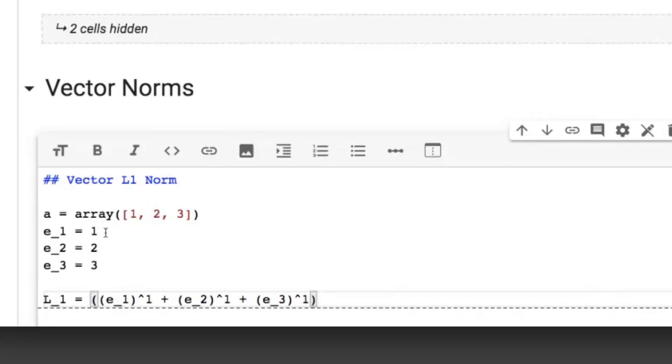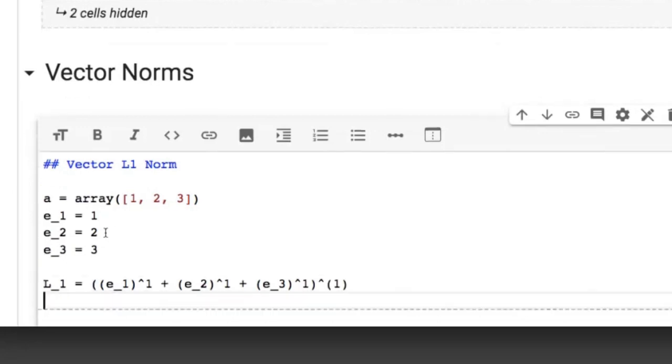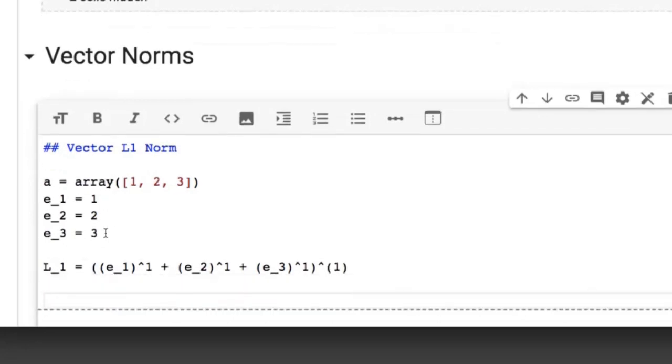The summation term is raised to the power what? Now 1 divided by 1. Okay, summation raised to the power 1 divided by 1. That means 1 over 1, and raised to the power 1 is nothing but the term itself. So you calculate manually, and L1 equals E1. What is the value of E1? The value of E1 is 1. So 1 raised to the power 1